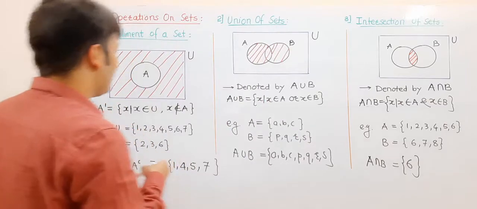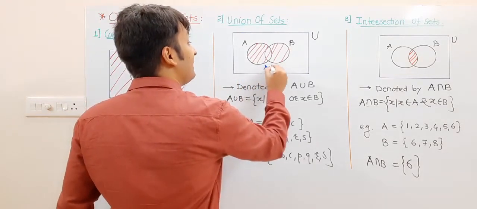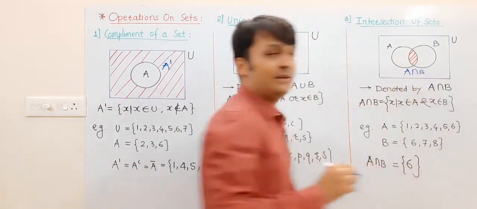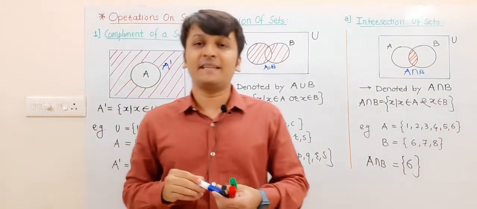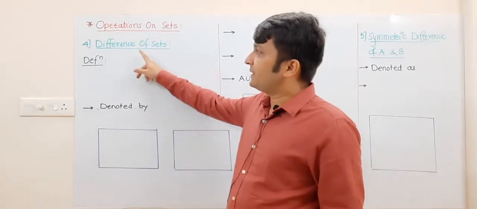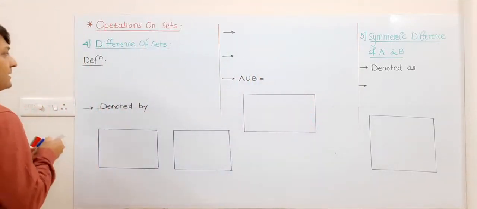I will denote this all again. This is complement A dash. This is A union B. Correct or not? This is A intersection B, which is common here. Clear? These are the basic 3 operations. There is one more operation, the 4th one. Start the 4th operation, that is difference of sets. How? Check this one. So difference of